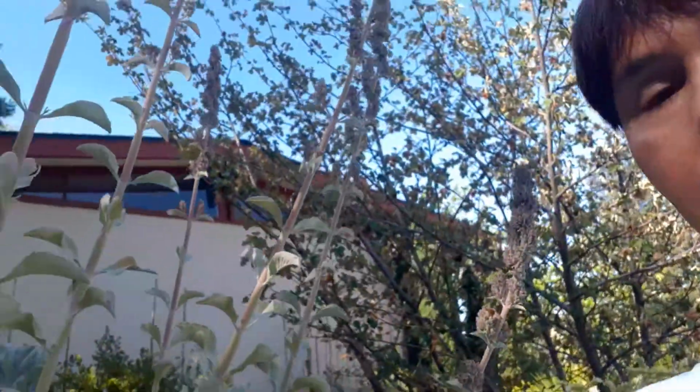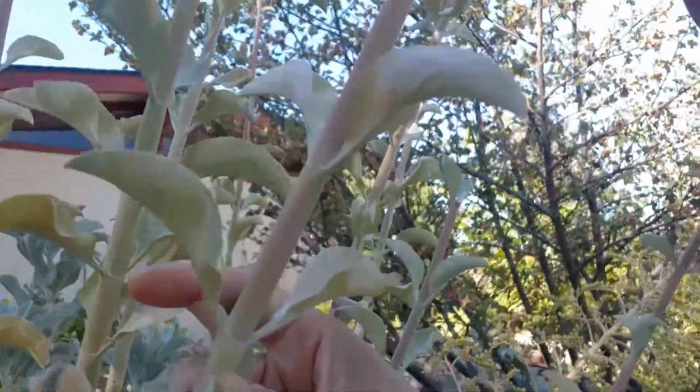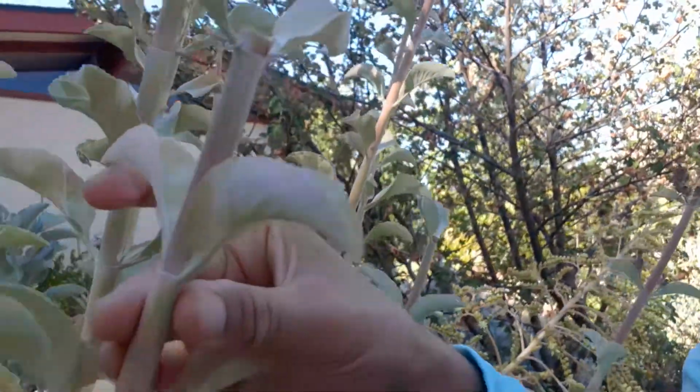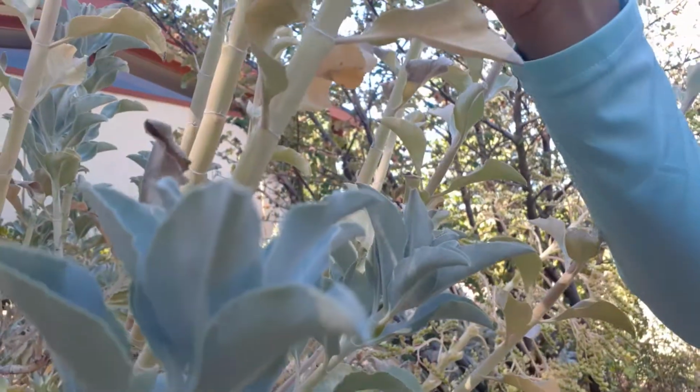But yeah, in dry weather, do it like this, and you can even prune to shape. What I would do is make this cut here, and as you can see, the foliage is a little bit lower here, and then you come up, and here's where we made our cut. I'll wait a week or two, and then I'll come back and cut this spike. Whoops, where'd it go? I'll cut this right here, down another 10 inches or so,